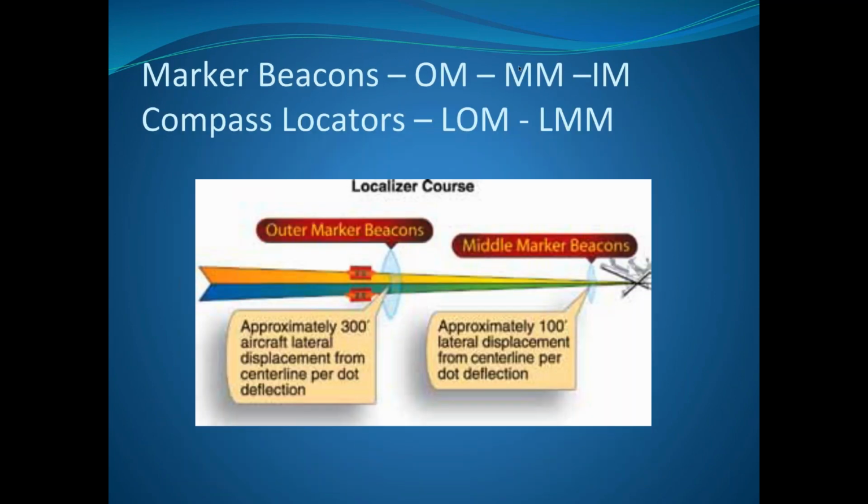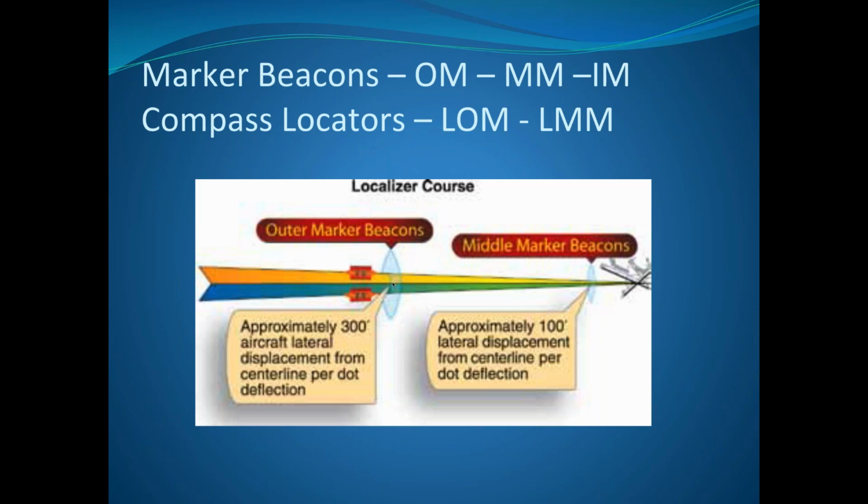So these middle markers, this is how you'll see them identified. And the compass locators, that's how you'll see them identified. So at your outer marker, depending on if you remember those course deviation dots, this will be approximately 300 feet lateral displacement